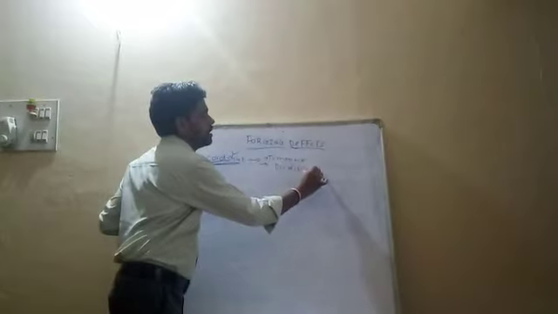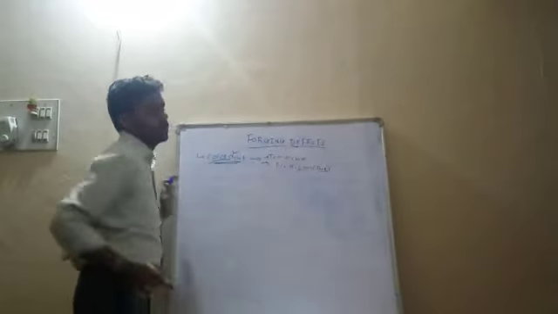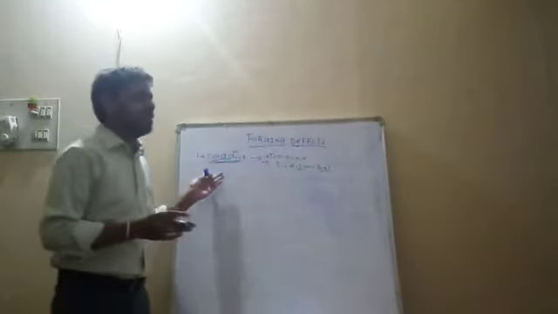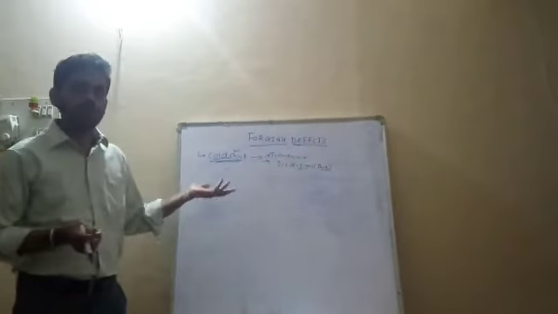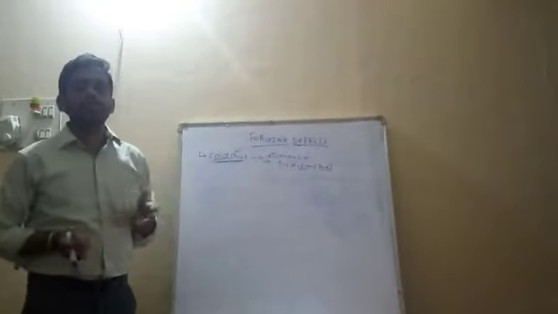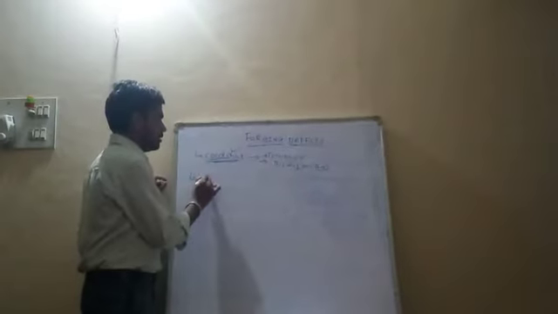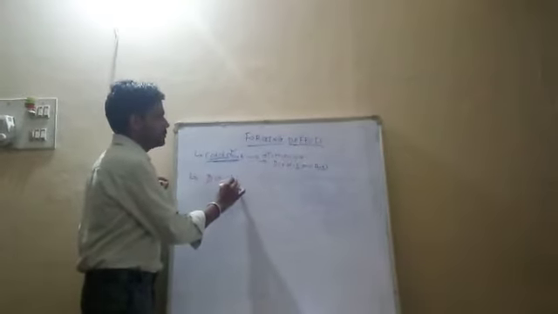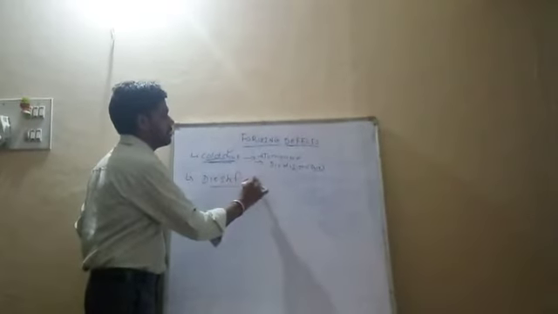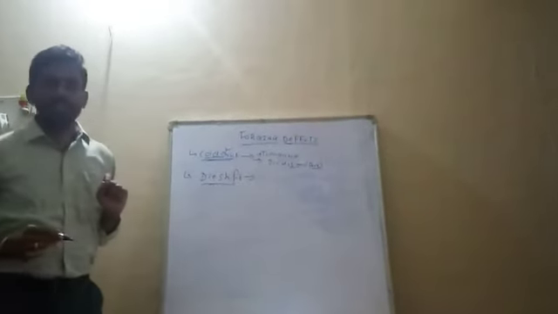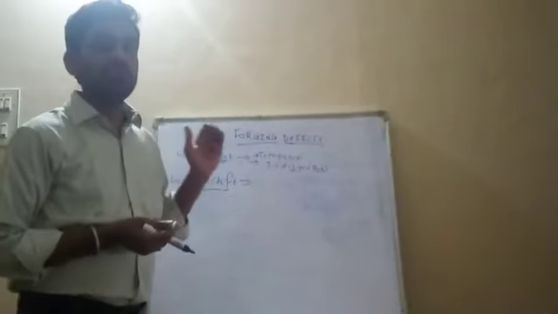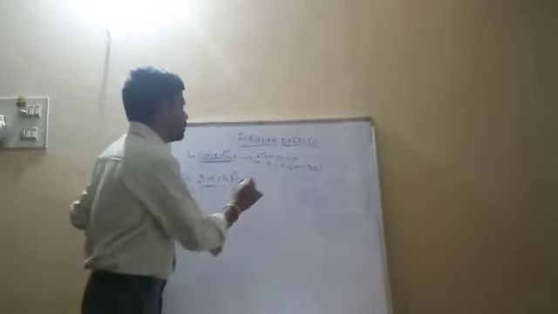poor die design, that is important, poor die design, right? There may be misalignment of the two halves or improper clearance between the two halves, which may cause the cold shut. So next important defect, die shift. Die shift is mainly a design aspect, due to poor die design or improper alignment of the two halves.